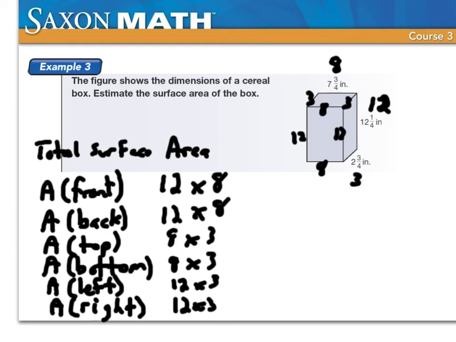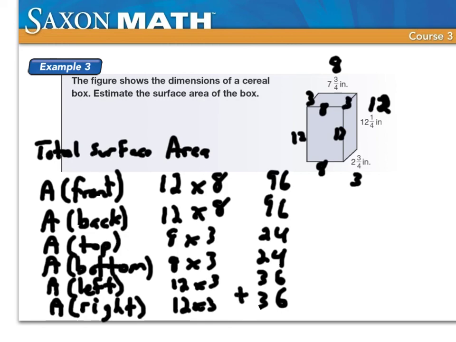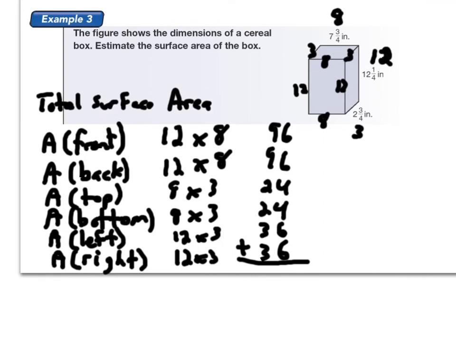Now we need to multiply all these, okay? 12 times 8 is 96. 8 times 3 is 24. 12 times 3 is 36. And we need to take all those and add those all together. Okay? And when I add all those numbers up,